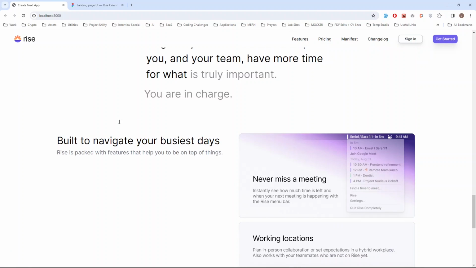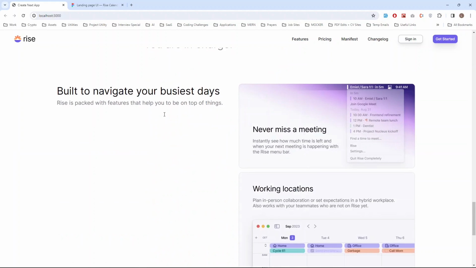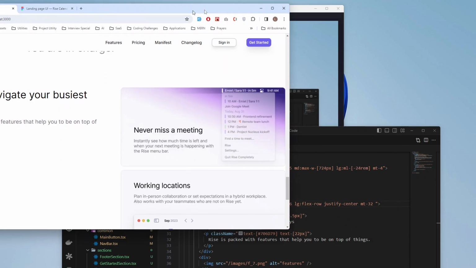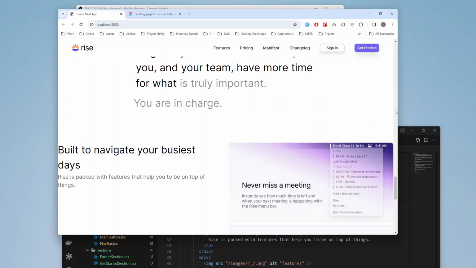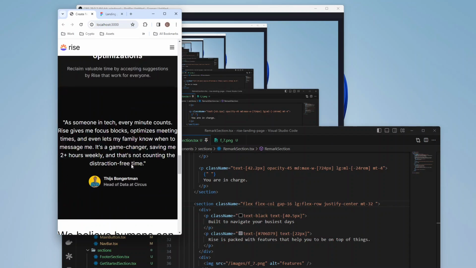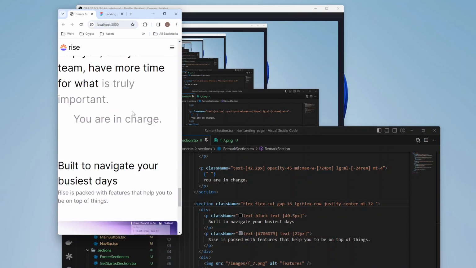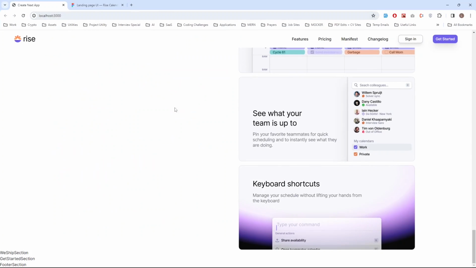Okay. Alright, so we have the Lenis section. And on mobile, it's as responsive as can be. And we just want to do this. You can see it's tucking in nice and clean. Alright, so